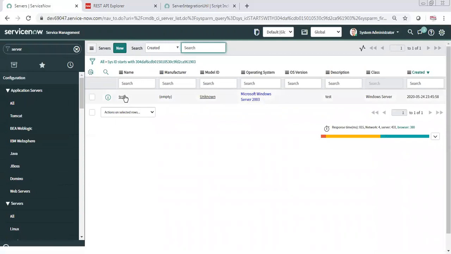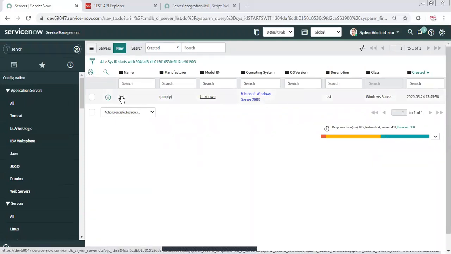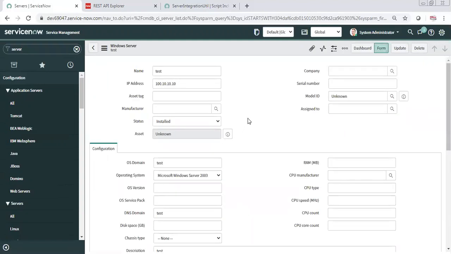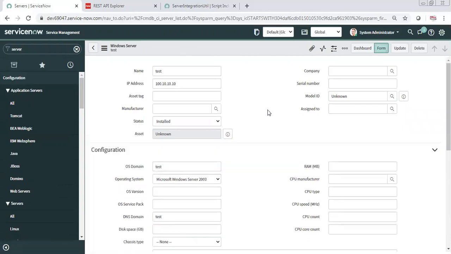See, this is the server created with that SysID. If I open this, the table for this should be Windows. If it is not Windows, that means our API is not correct. So how will you verify it? You will see in the URL what the table is.